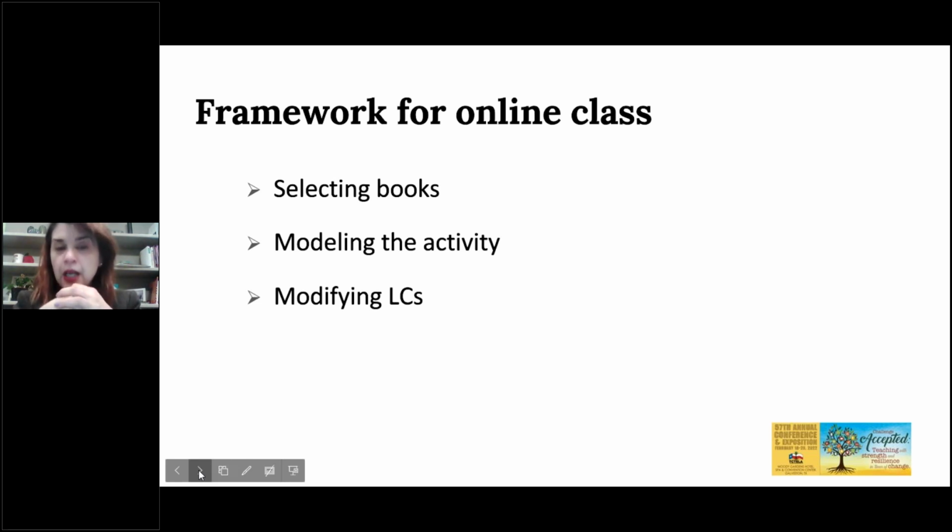online literature circle, I personally let my students choose one book for all the groups, so all of them have one book, and I mainly focus on modeling. I model for them how to apply literature circle, how to have it in an online setting, and how to work on common roles that I am going to explain very soon. I will demonstrate how to use common roles in different web-based